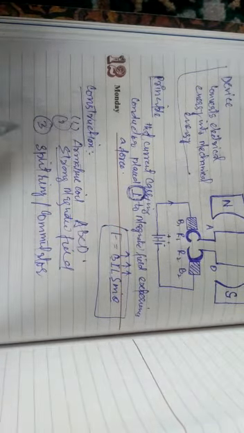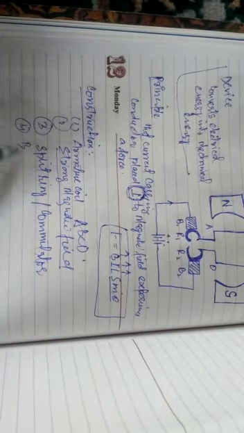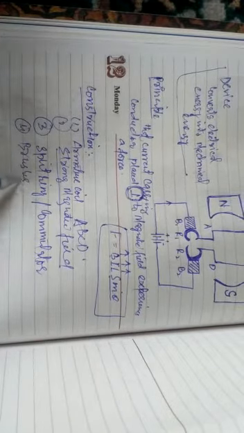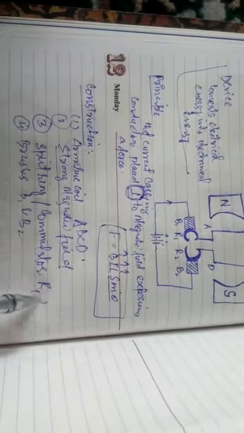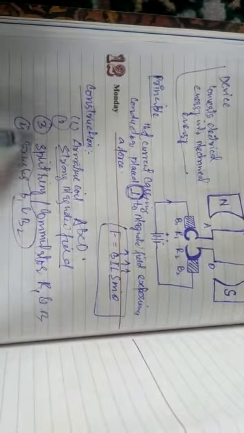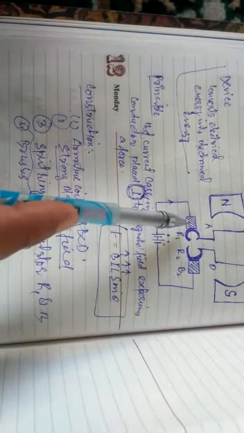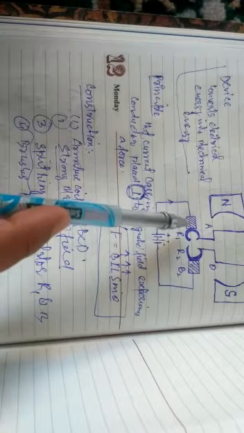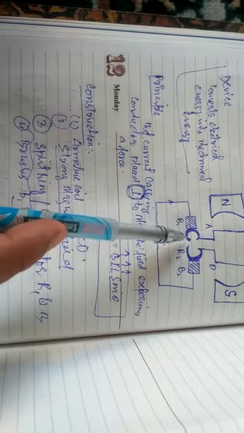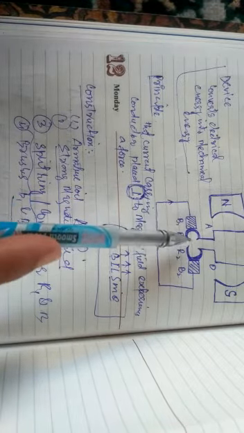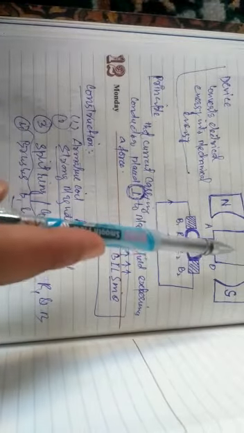Then we are having the brushes B1 and B2. The brushes are fixed, made up of carbon, and they can conduct electricity, so they are at their respective positions. The brushes are not going to move along with the split rings R1 and R2, but the split ring is moving along with the armature coil.